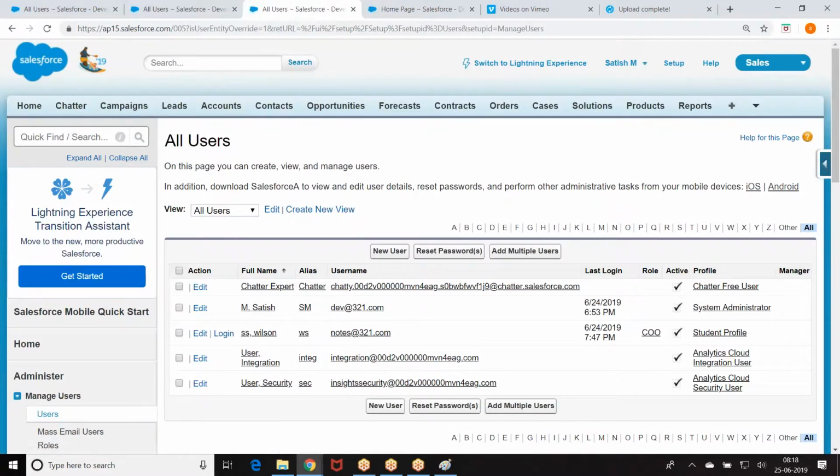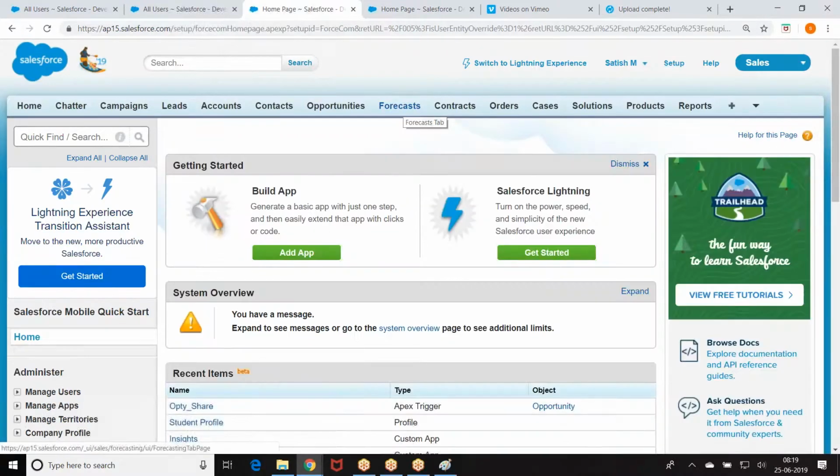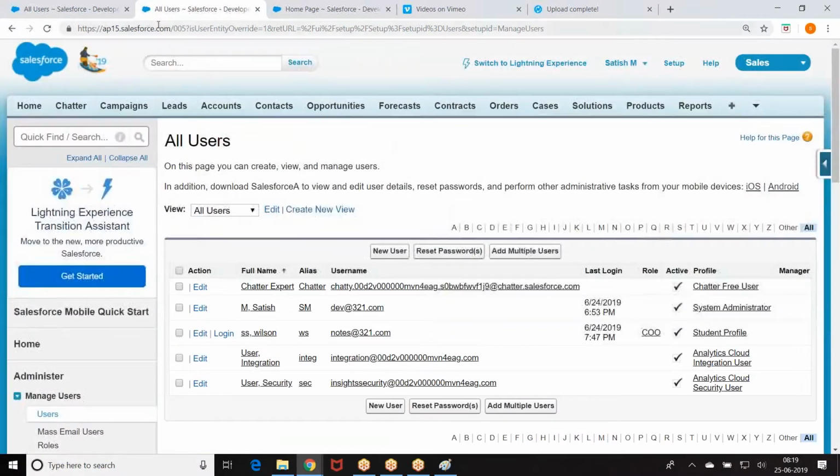Now, I told you, sharing rules are applied only when the OWD is private, or public read. I removed the access. That's the reason you are not able to see. You can define sharing rules only if the OWD is private. The moment I keep the OWD private, no one can see others' data. By default, it's blank. Or else I have to make it public read, then you will be able to see, but you will have read access. I made the OWD private, so other users are not able to see my data. Then I am giving sharing rules to share the data. Okay, thank you.